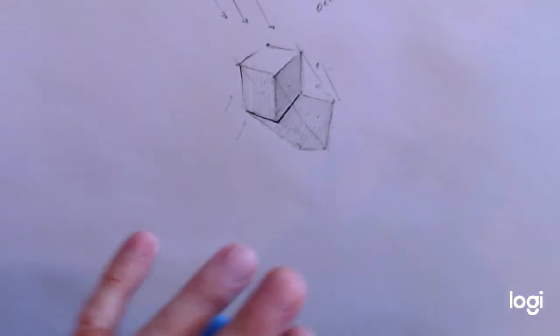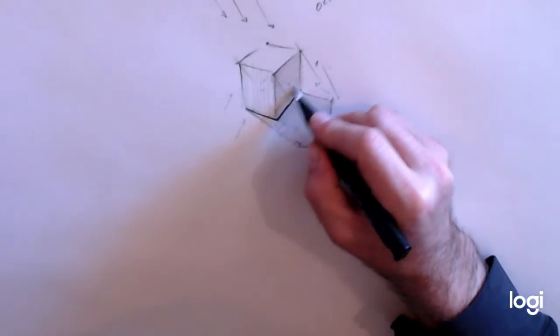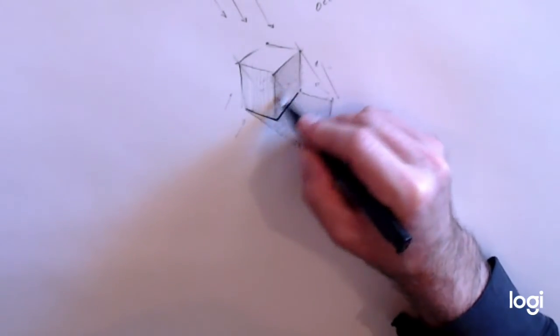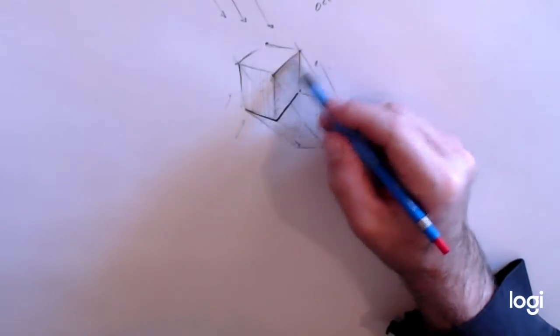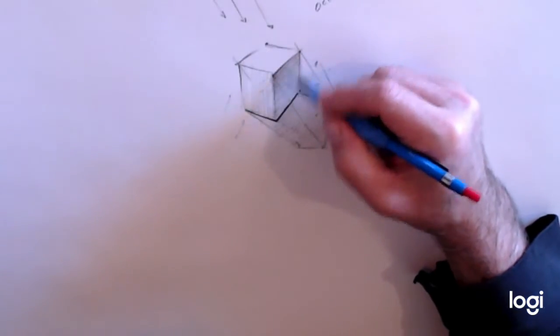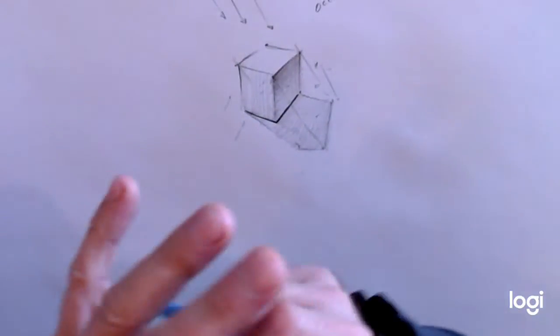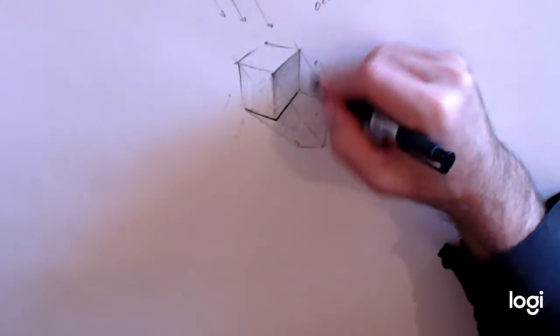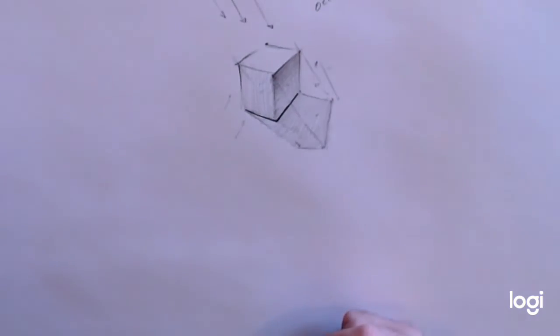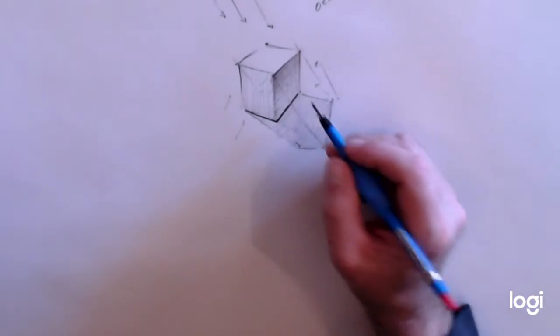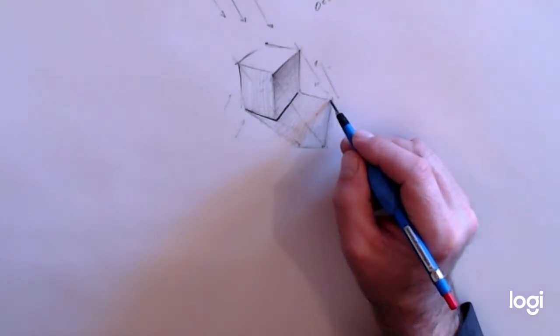And the next thing that we end up getting is reflected light. So I'm going to lighten this section a little bit here, and I'm going to darken this section up a little bit here. And see how that gives us light really feels like this. It really feels like it's reflecting and bouncing back into the surface,